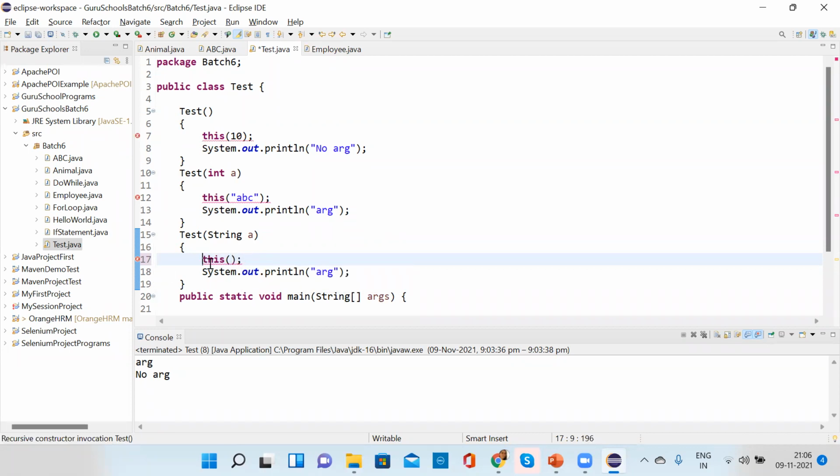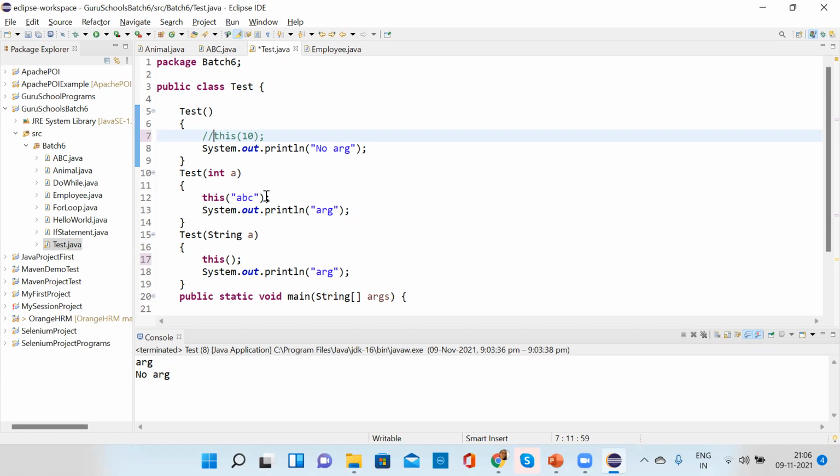Still it is giving an error. Can you take the first one off, because you are calling one another? That's the reason. The first one, 10, will create a loop. Yes, it's recursive. That's why.